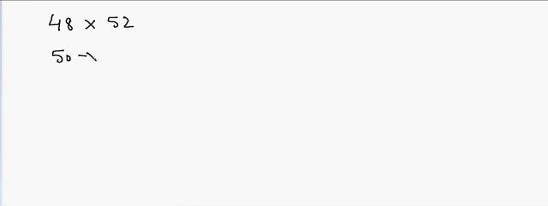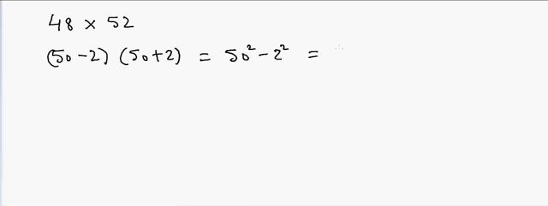minus 2 and 50 plus 2, so that will be equal to 50 square minus 2 square. So the answer will be equal to 2496, right? Same way, suppose I have to do 79 into 81, so the answer will be equal to